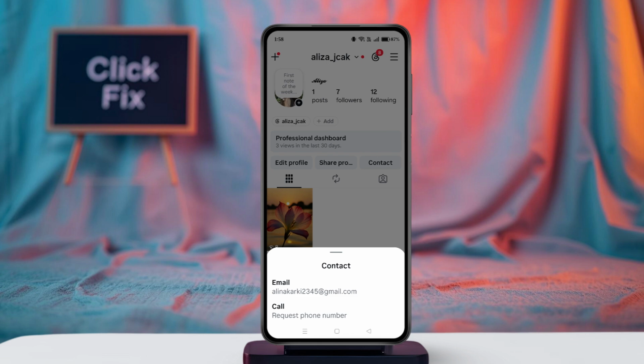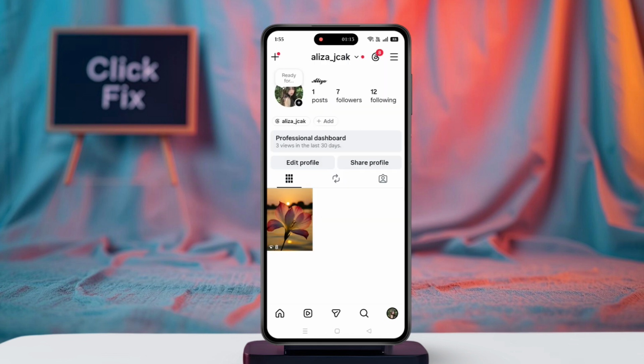If you don't see the email option, make sure your account is switched to a professional account, since this feature isn't available for all personal accounts. And that's it. That's how you can add an email to your Instagram profile and make it easier for people